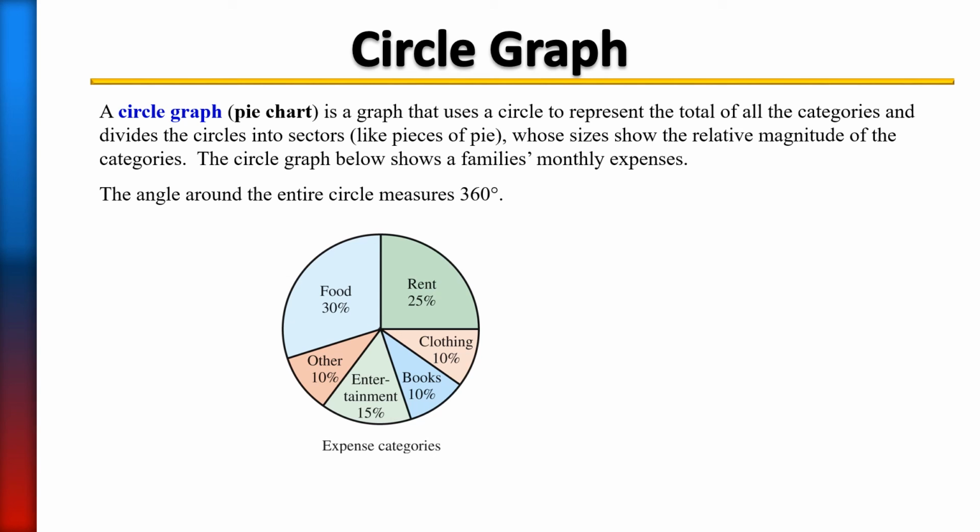The circle graph below that you see here shows a family's monthly expenses. And the angle around the entire circle, the whole circle, you know, is 360, 360 degrees. But we want to focus our attention on the rent. The rent, notice, is 25% of the whole. And so if we want to know what is 25% of 360,